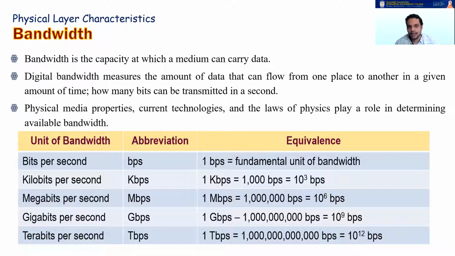If you can see the table over there, it gives you a good idea about how many bits are there in a kilo. 1000 bps is 1 kilo, 1 kbps. And if you have 10 power 6 bps, it is 1 Mbps. And if you have 10 power 9 bits per second, then it is equivalent to 1 gigabit per second. And if you have 10 power 12 bits per second, you can go up to, in other terms, 1 Tbps.